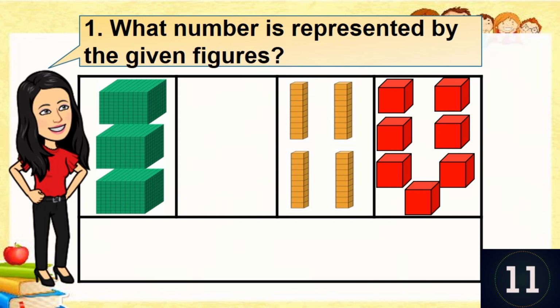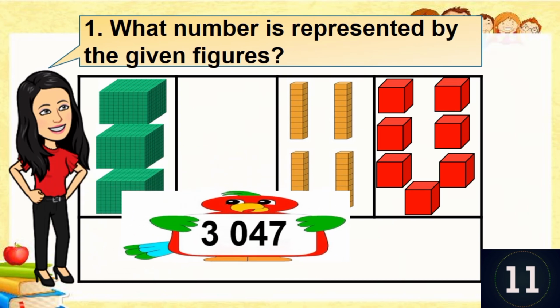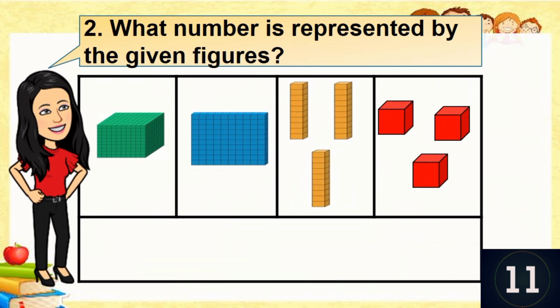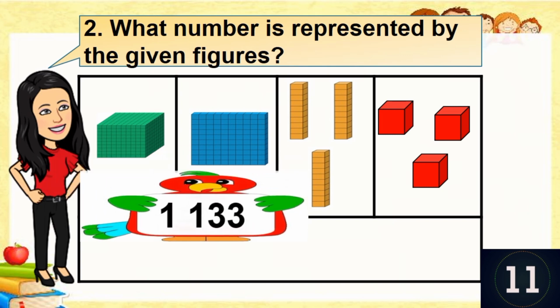Time's up. The correct answer is 3,047. Nice. Question number 2. What number is represented by the given figures? Timer starts now. Time's up. The correct answer is